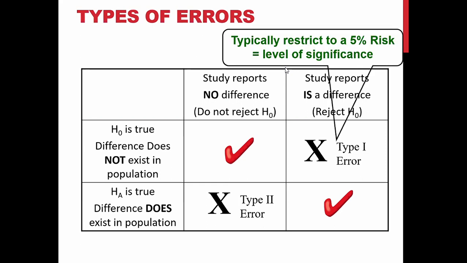Next slide, please. Type 1 error is typically restricted to a 5% risk, which is the level of significance. That's why in stating the null hypothesis, you have to identify at what level of significance. For example, at 95% level of significance, or at 0.05 p-value. So you will reject the null hypothesis if there's a difference, and the study report states that there is no difference. On the other hand, type 2 error, okay,